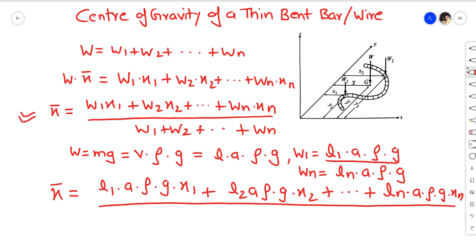Okay, so at the place of W1 we can write L1 into A into rho into g